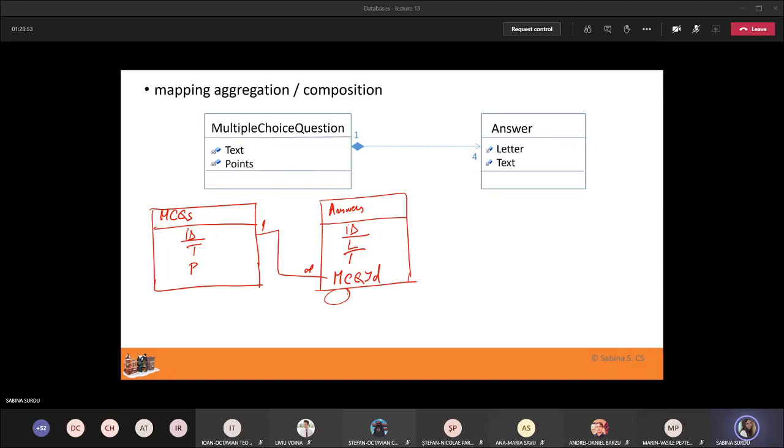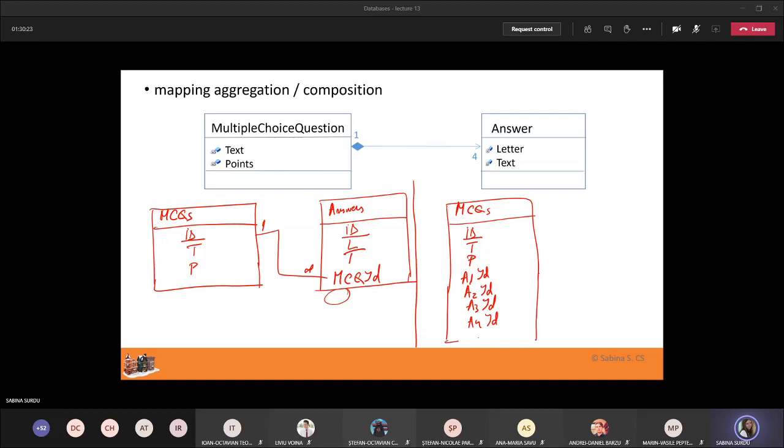However, with this approach, you cannot really say that an MCQ has exactly 4 answers. An alternative approach would be to have, like this, MCQs, to have this table with, again, ID, text, points, and answer, let's say answer 1 ID, answer 2 ID, answer 3 ID, and answer 4 ID. And